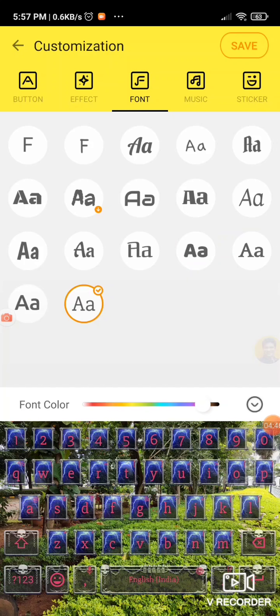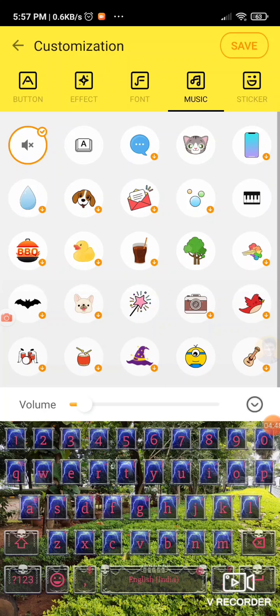Then we go to music. Now music is not exactly the full length music. It is whenever a key is pressed, what is the sound you want. So can you see? You can select, and here you have a cola drinking sound, which is really cool.